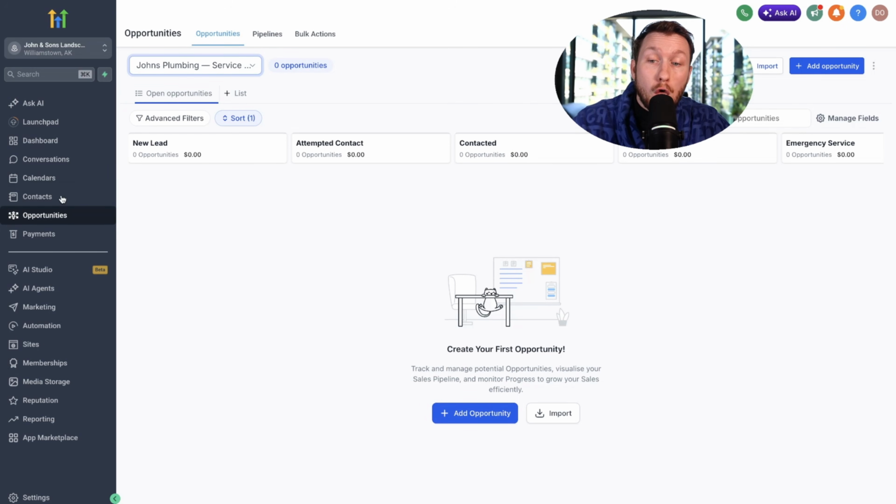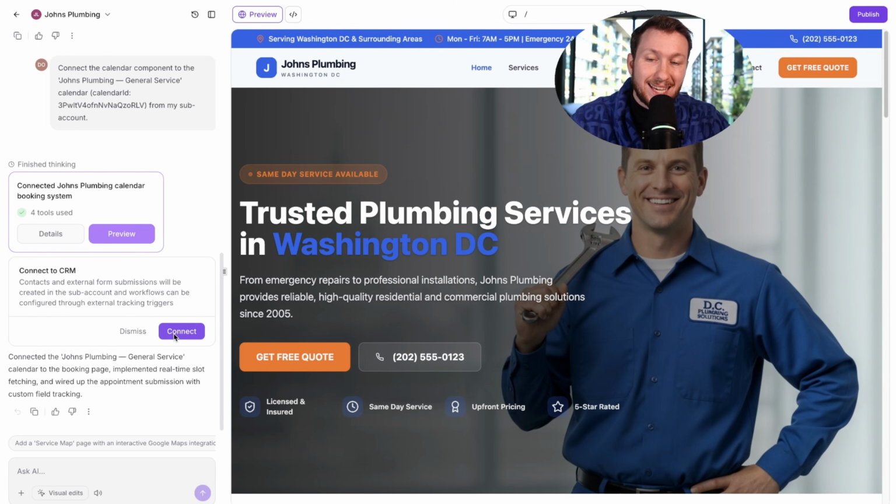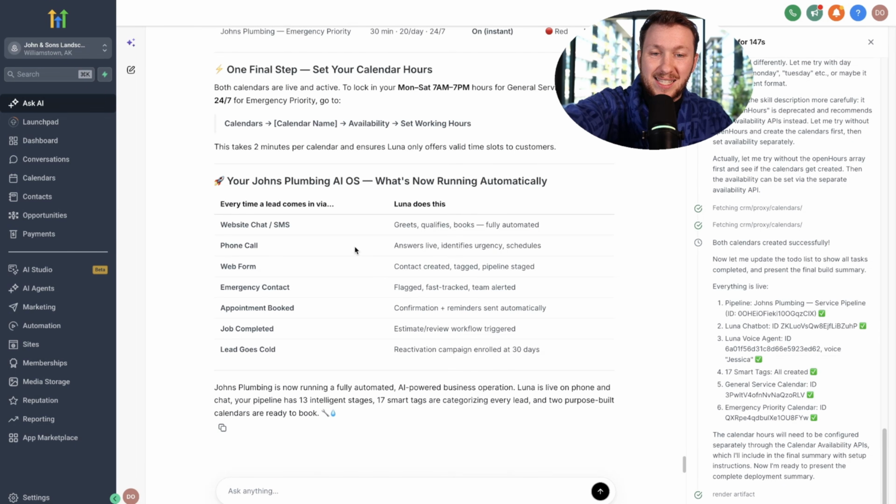You have to connect to the CRM. You have to get it in the CRM. And the way you do this is by clicking connect. So now we're going to connect to CRM so this entire thing is properly working. So after that, we're going to do a quick test on said website, make sure it's working. Then we're going to make sure this stuff right here is working.